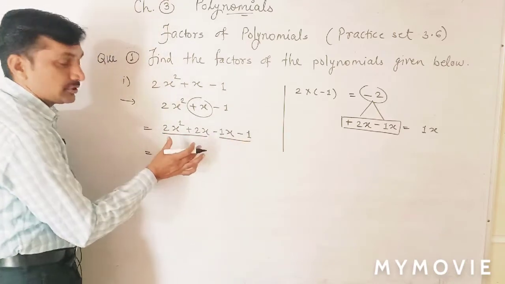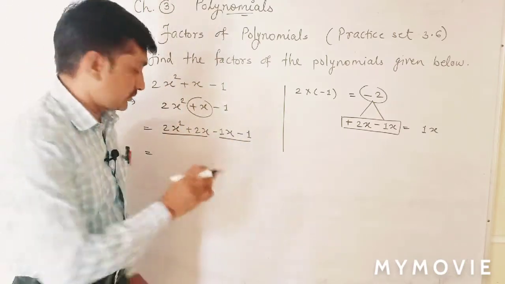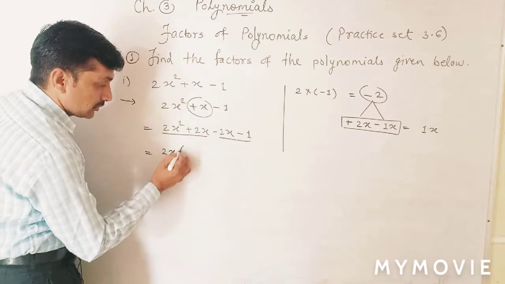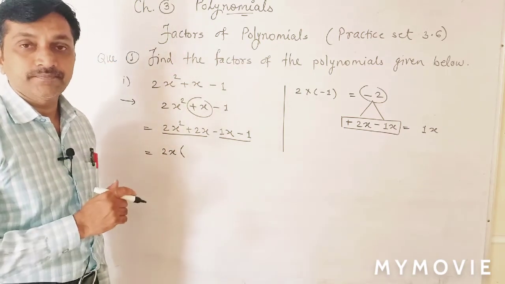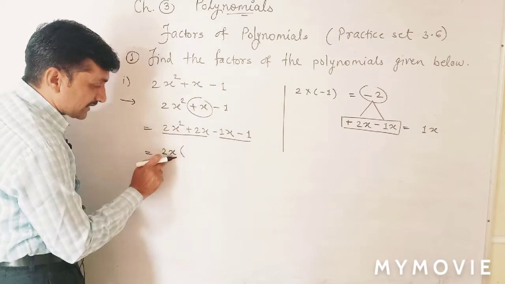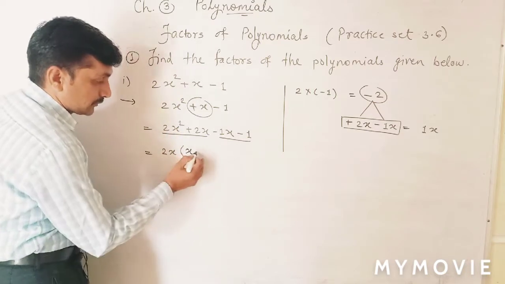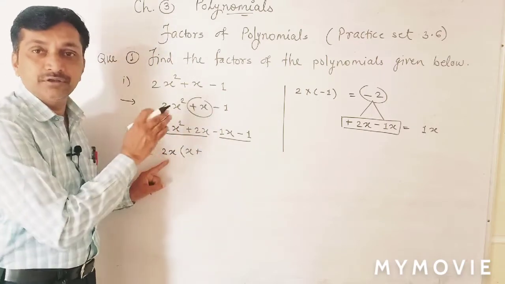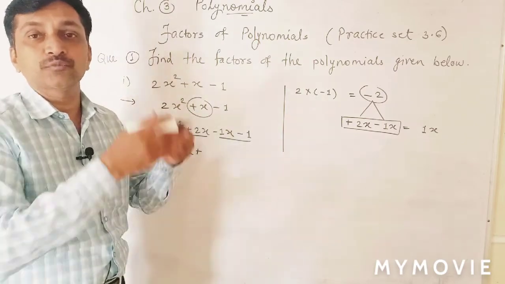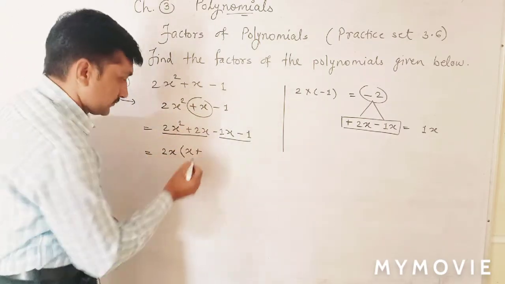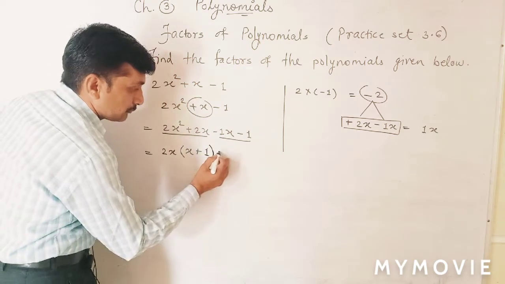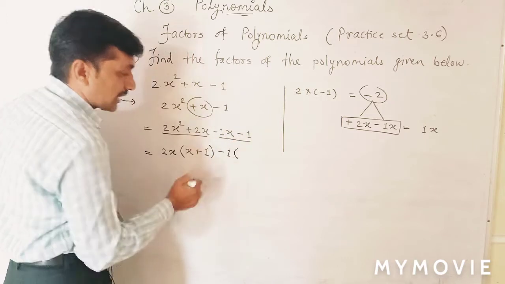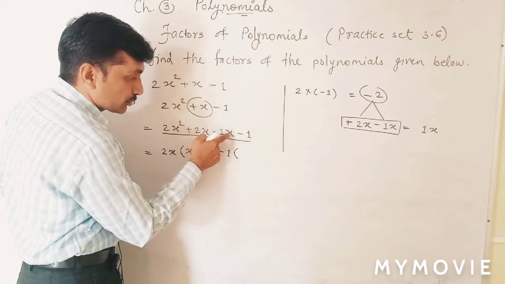After grouping, take the common if possible. Now here is 2, here is 2 common, here is x square, here is x common, and uncommon write in the bracket. Now 2 is common from 2x square, x is common, what is uncommon? x. Plus, and 2x, the whole term is common, we have taken the whole term common. When we take the whole term common, 1 is there, bracket close, minus. Now here what is common? 1 here, 1 here, in the bracket. Now 1 is taken common, what is left here?